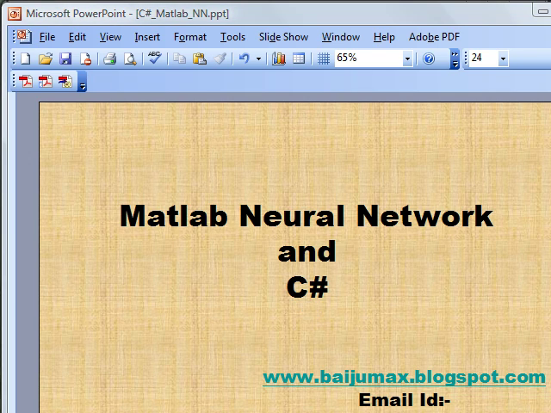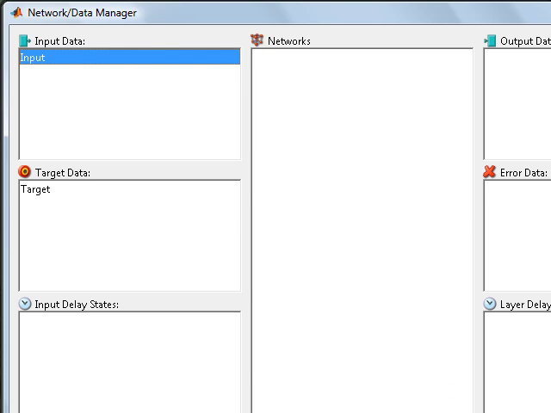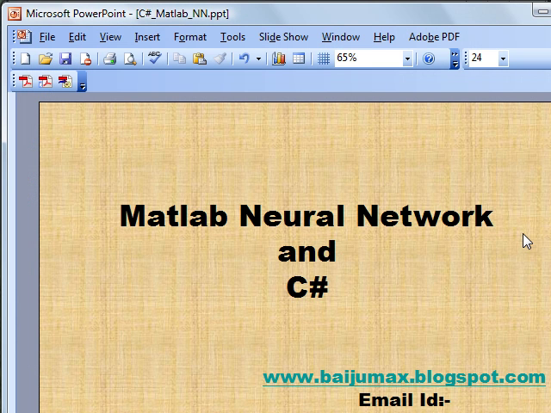Also you should have some knowledge about neural networks and the syntax of MATLAB M code, and be familiar with C# WinForm applications to follow along. Today I am going to create an XOR net, which is nothing but